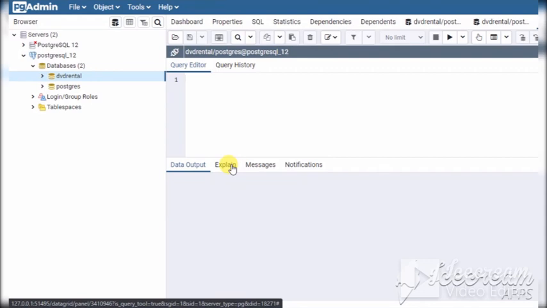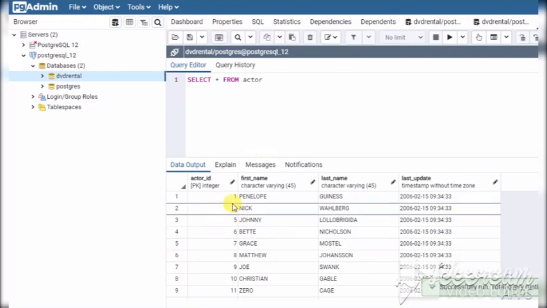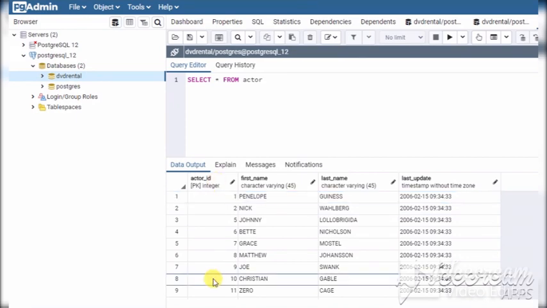We use a select query to fetch data from the database, from different tables. I have a table actor which contains the details of the actors whose movies or DVDs are present. When we query the actor table, we get all this detail. There is the actor ID, which is the primary key, and each actor has a different actor ID. Then we have the first name and last update date.